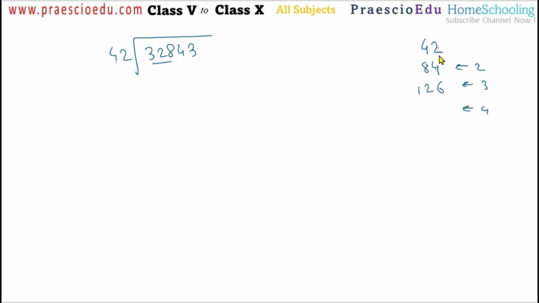For the 4s, that means 6 plus 2 is 8, 12 plus 4 is 16. For the 5s, 6 plus 2 is 10, 1 carry, so 4 plus 16 is 20 plus 1 is 21. Now for the 6s, 0 plus 2 is 2, and then 21 plus 4 is 25. Like this we can make the table. Like this for 6, then for the 7s here 2 9 4, and for the 8s here 6, and then here 33.